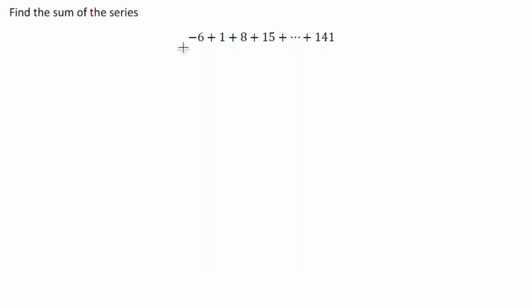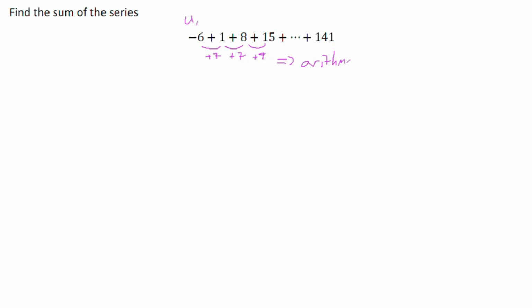Find the sum of the series minus 6 plus 1 plus 8 plus 15 and so on up to 141. So the first thing we need to do is think about what we know. We know that u1 is equal to negative 6. We can see that we are adding 7 each time here. So this is an arithmetic series